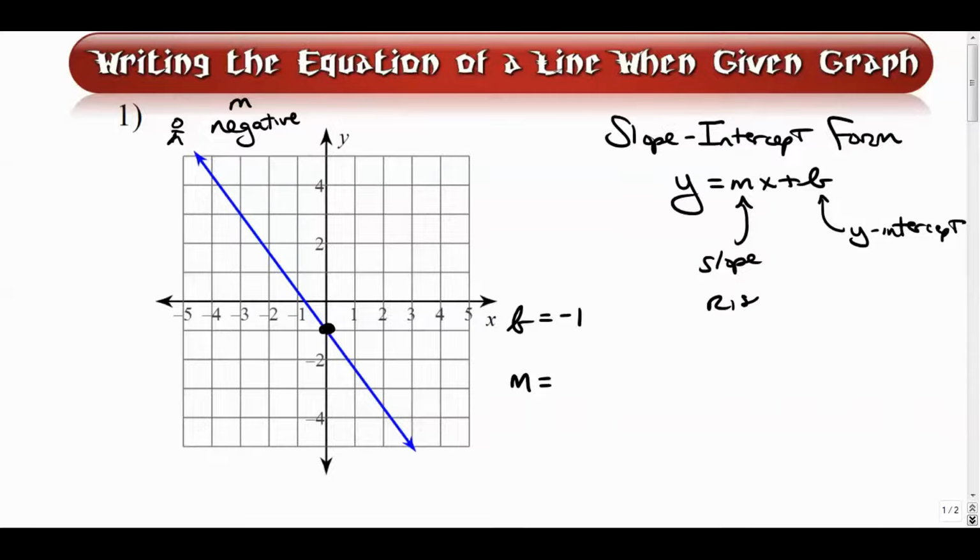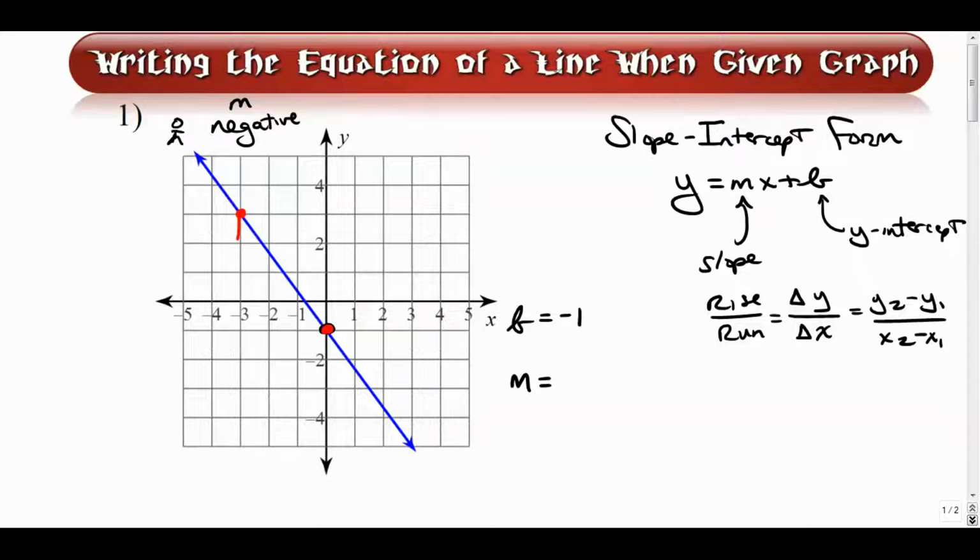Right? When we talk about slope, we always hear the phrase, it's rise over run. This is the change in the up and down direction divided by the change in the x direction. More formally, it is y sub 2 minus y sub 1 divided by x sub 2 minus x sub 1. But in this case, let's just kind of pick 2 points. Here's one right here. Try to pick points that are nice and easy to see, and of course here's one right here. And let's see if we can just go from this point to this point, but let's not go